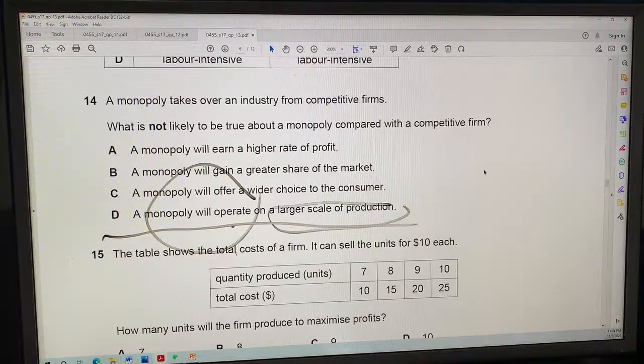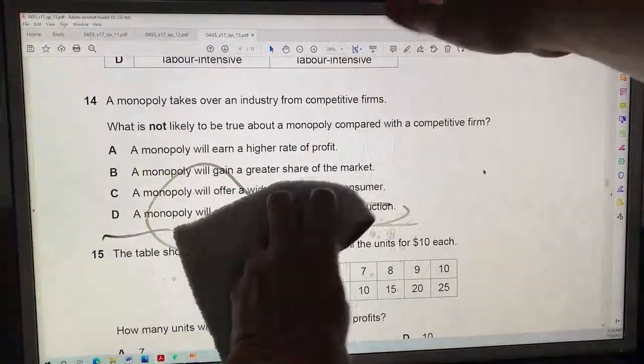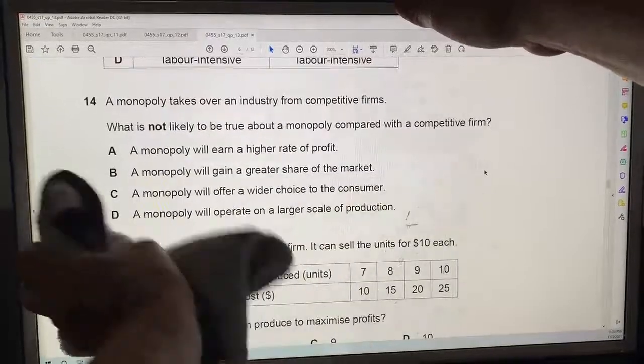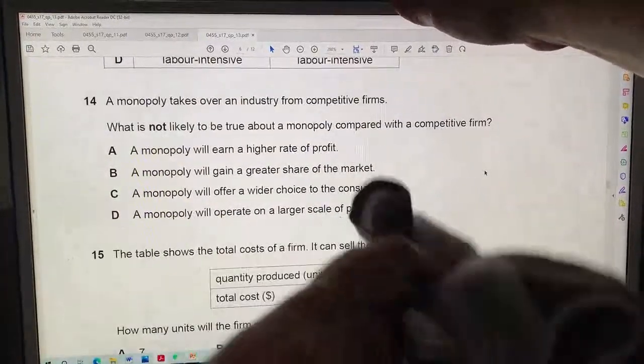And here's the monopoly question again. It is a pretty good question. I'm not sure. I think this is over the IGCSE level, but